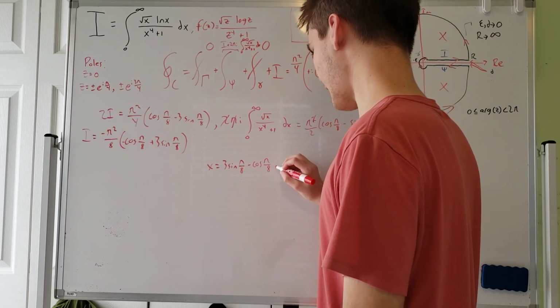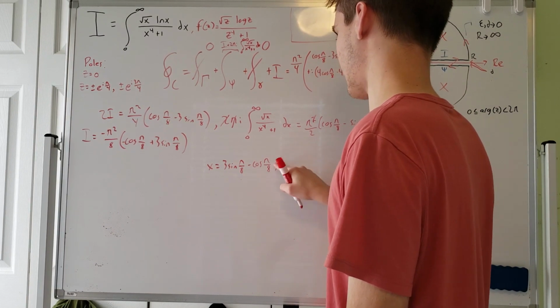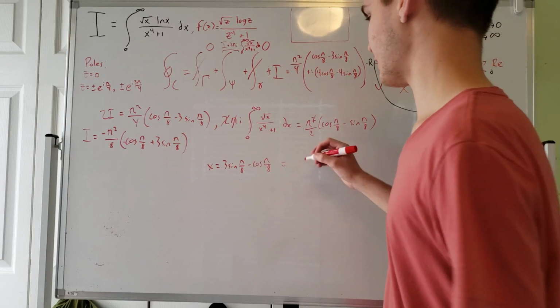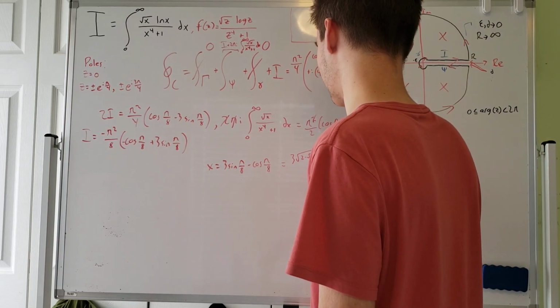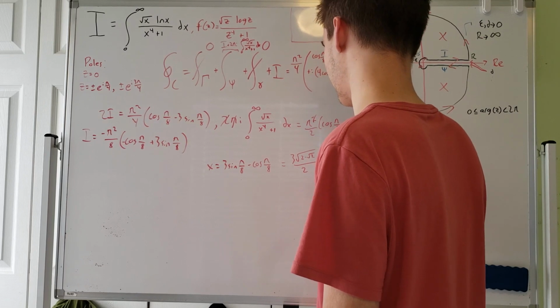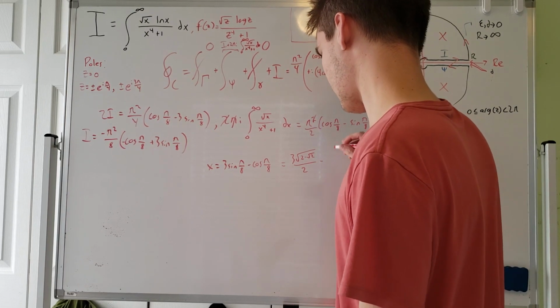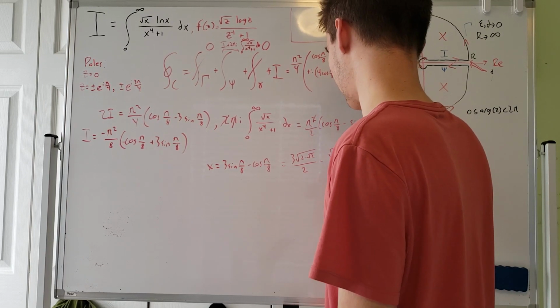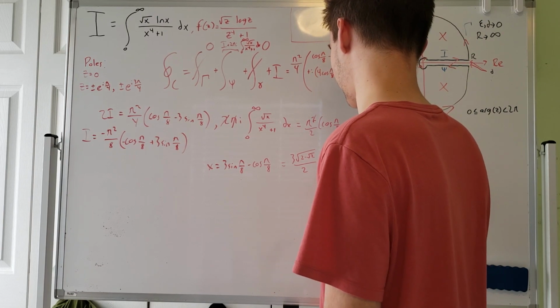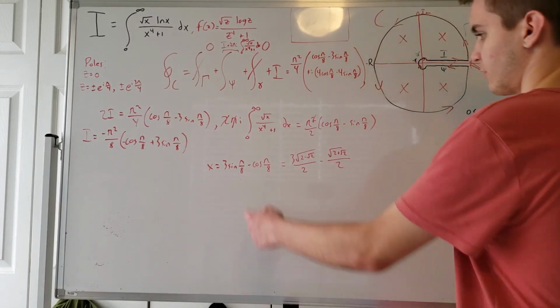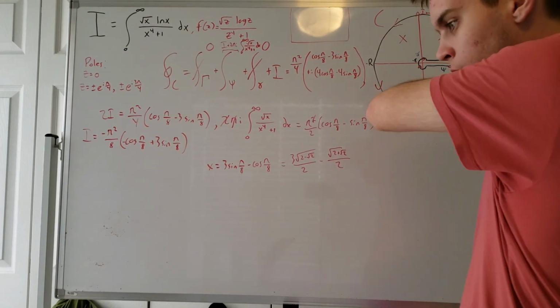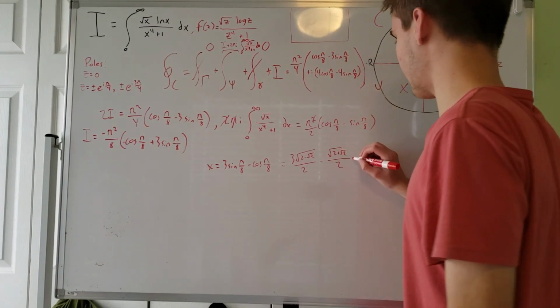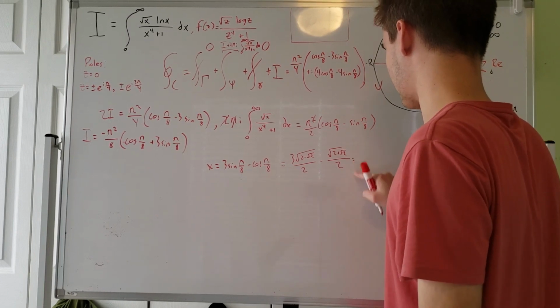So, anyway, if you know the values of these, this is equal to 3 root 2 minus root 2 over 2 minus root 2 plus root 2 over 2. Those are the values for these trig functions. But obviously, I don't want to leave them like that. So when we square it,